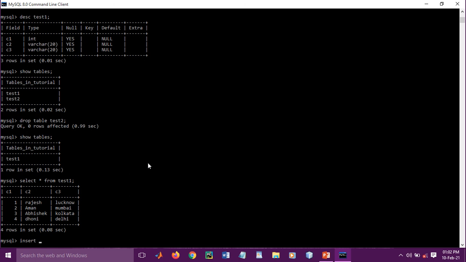So how can we write it? We can write it by using insert into table name. The table name is test1. We want to insert values in the order of our columns, like C1 accepts only integer type. So let's say 5, and C2 and C3 will accept variable character. Let's say any value like A, B, C,